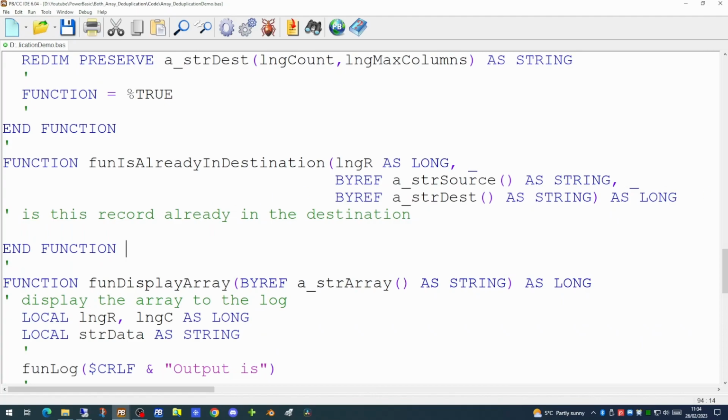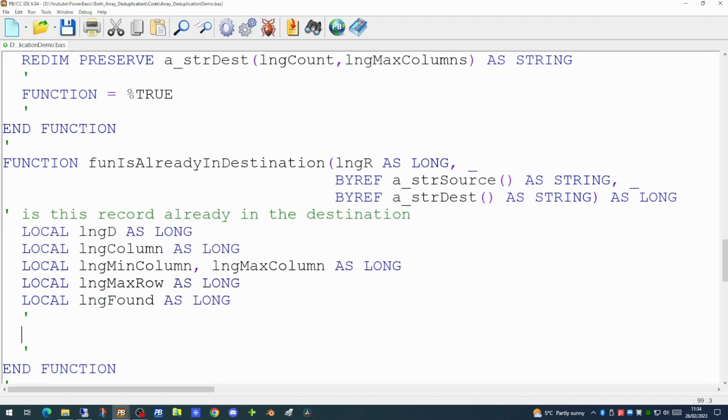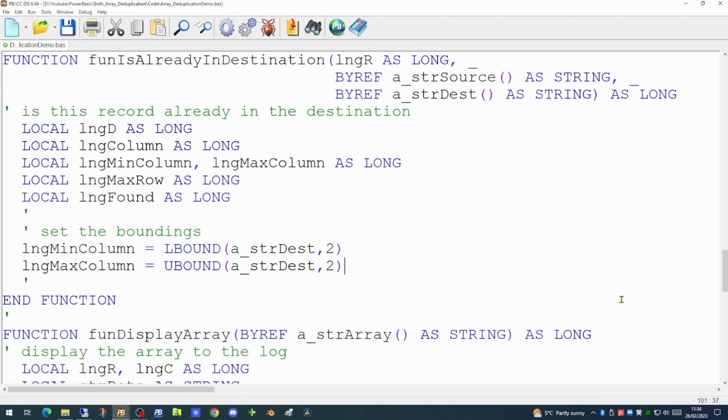Again, we're going to need some local variables to allow us to do this. We're using the minimum column and max column again to work out what the boundings of the arrays are. So I'm using lbound to determine the lowest element of the second dimension, and max column to be the upper bounding of the same dimension.